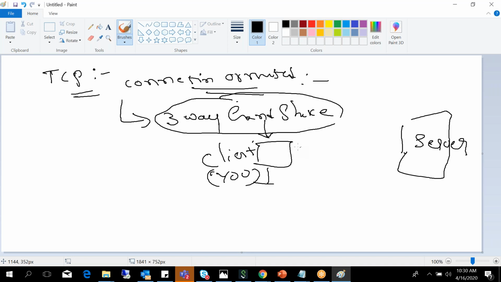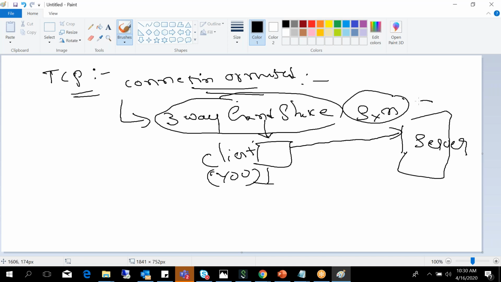What is the TCP three-way handshake? First the client sends one synchronize packet.